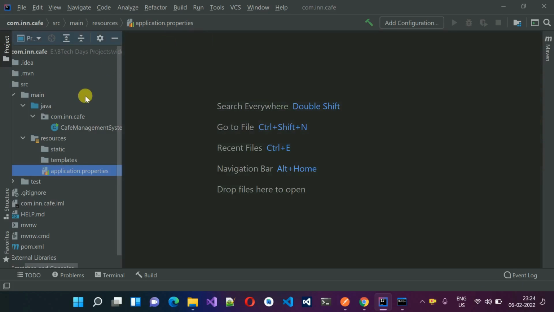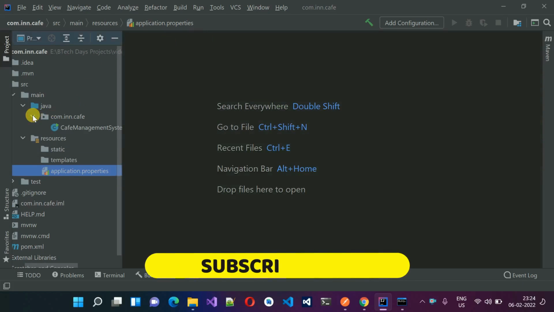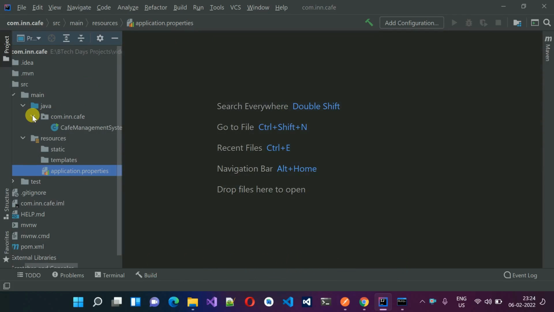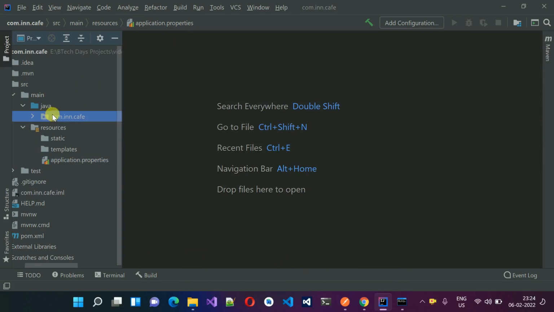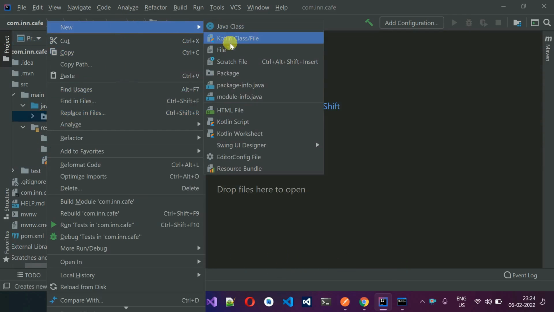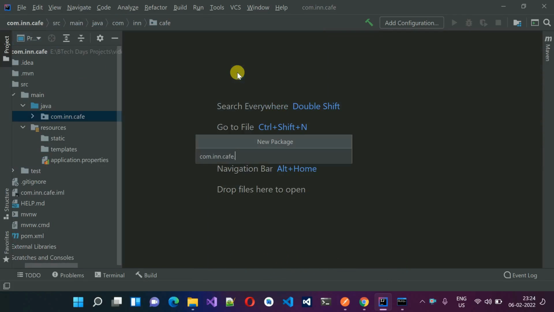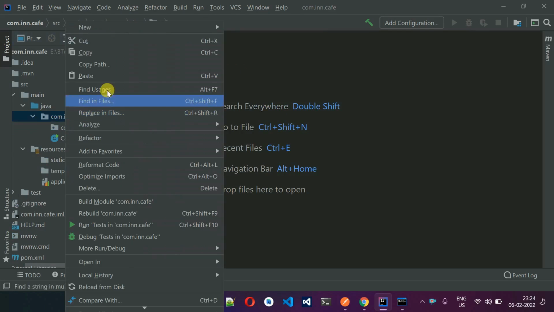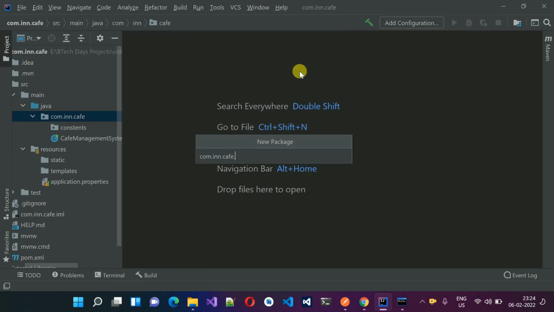So let me close this, and after that we move over here, that is com.cafe. Here what we have to do is actually make a few packages. So first I'm going to create packages. Right click on this and create the package with the name constants. Right click on this, I'm going to create another package that is for DAO,